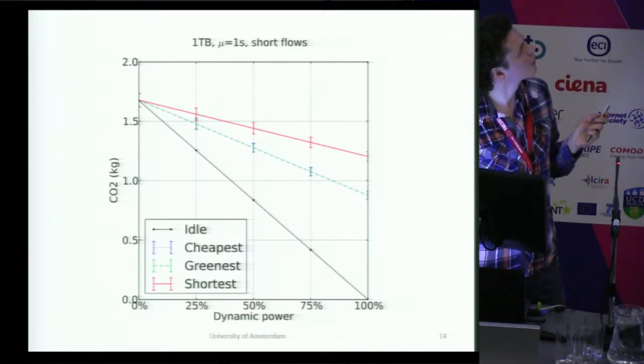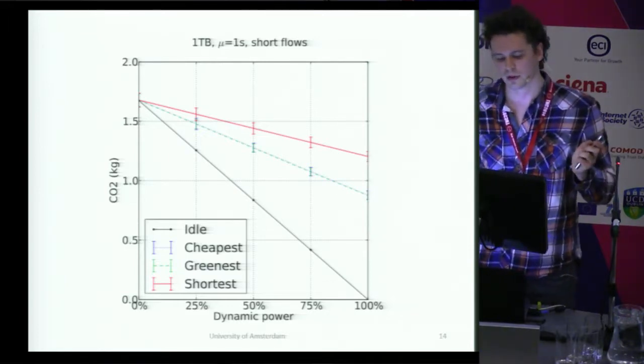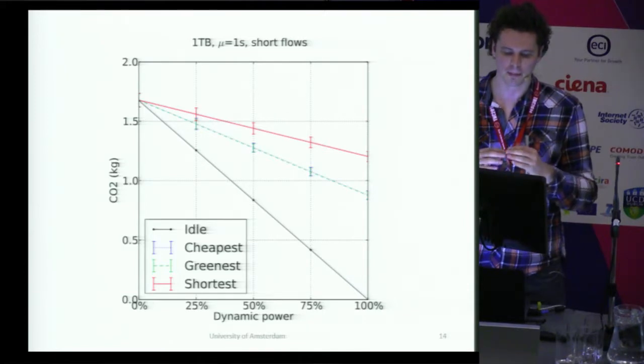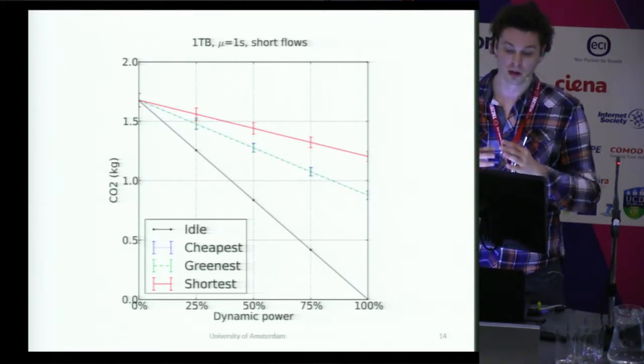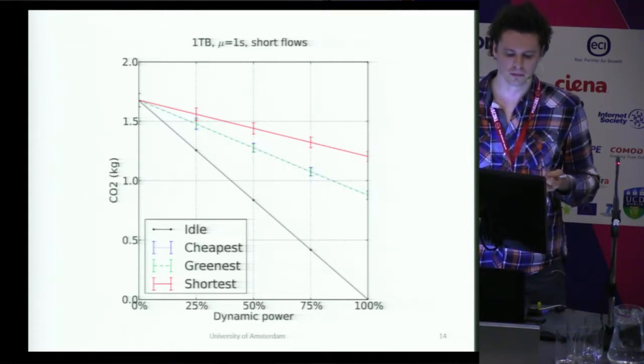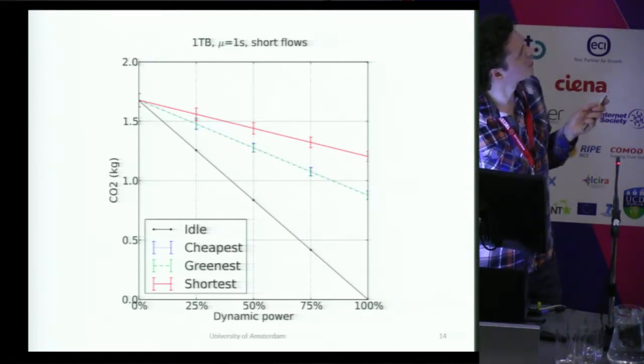So this is the CO2 footprint in the current situation. None of the devices are energy proportional. So regardless of how much traffic there is, they always consume the same amount of power. This is if the whole